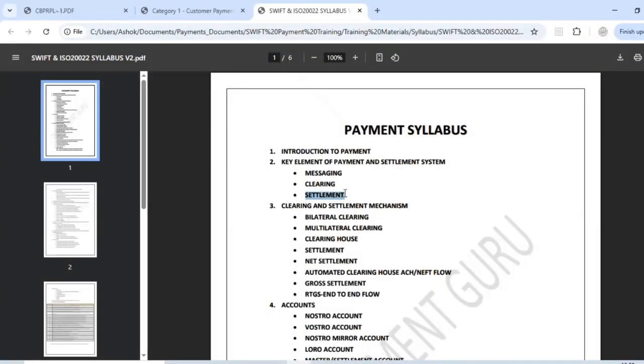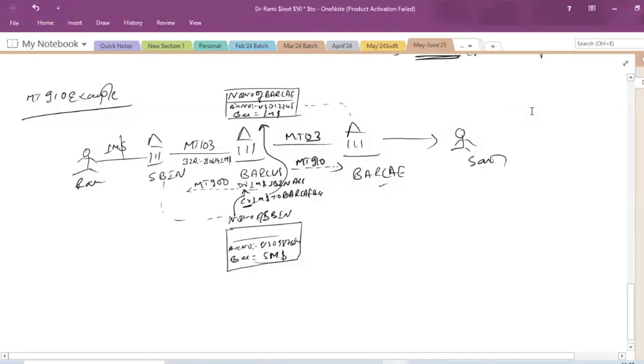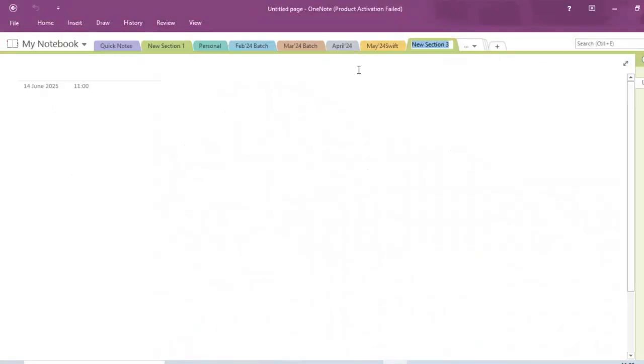So we are going to cover a little bit of the local payment here. We are not going to deep dive because it is a huge course itself. I'm going to cover only a little bit of the local payment and flow. The reason behind it is that in our cross-border payment, we can see use cases wherein it can go through a local payment system as well. My way of training is using a lot of these use cases,